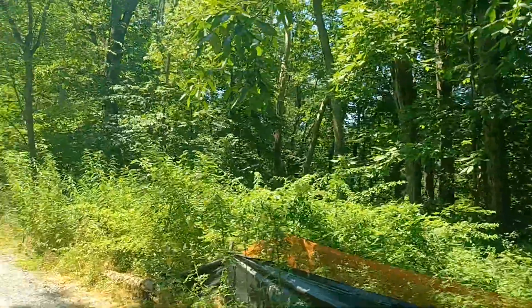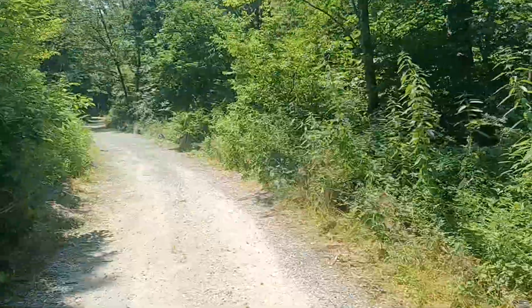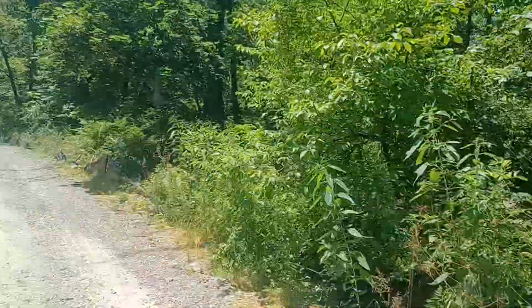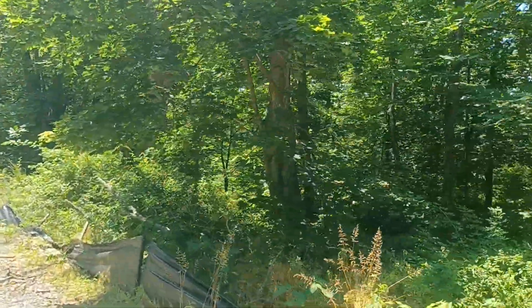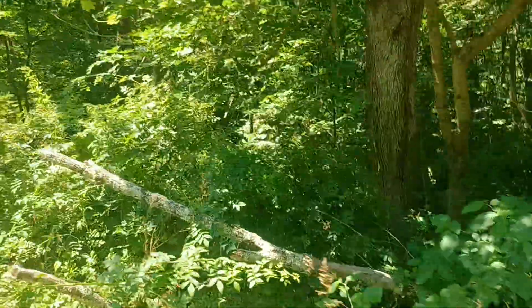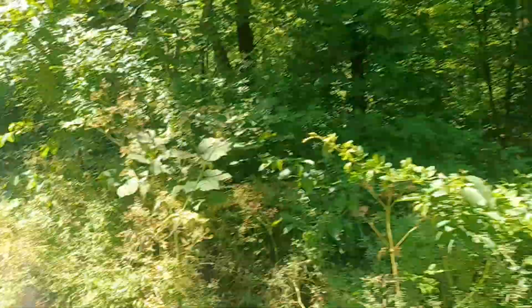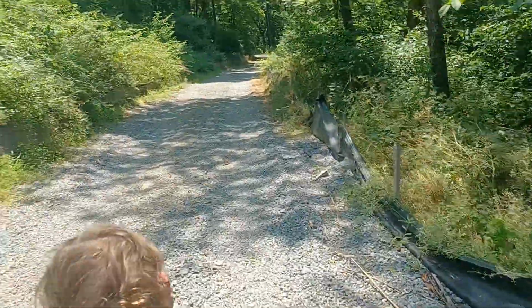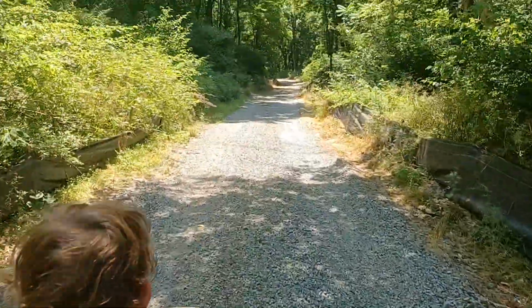So there you have it. We're on the road headed back out now. A little sunny. It's a hot 90-something degree day. It's tempting to jump in there, but I didn't. And you can still see the right-of-way down below us through the trees here. But it's a flooded mess now. And it has been at least below the tunnel for all the years I've been doing these hikes. I used to trudge through it with my group, but a lot of the group would